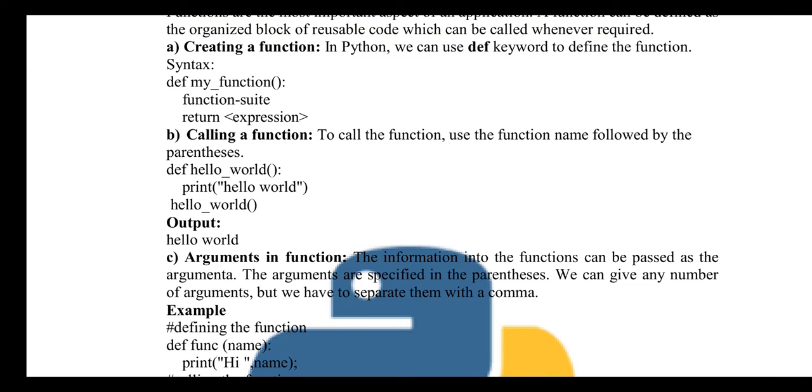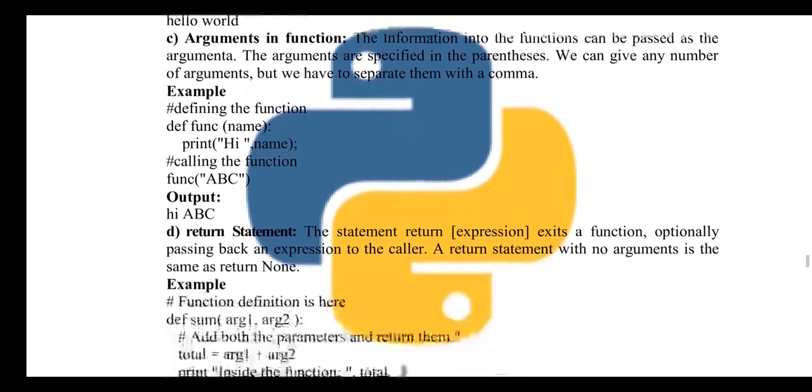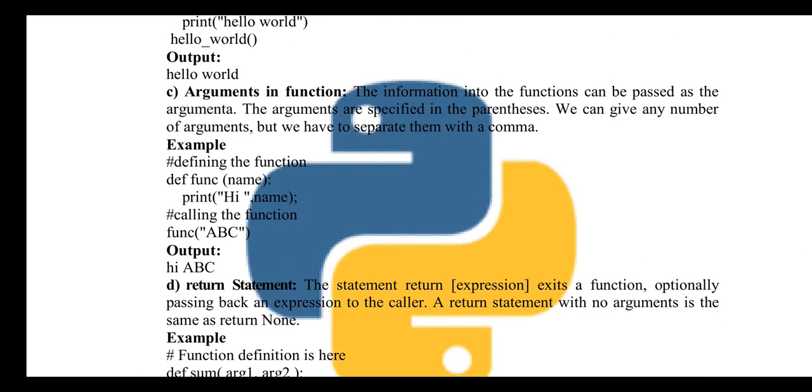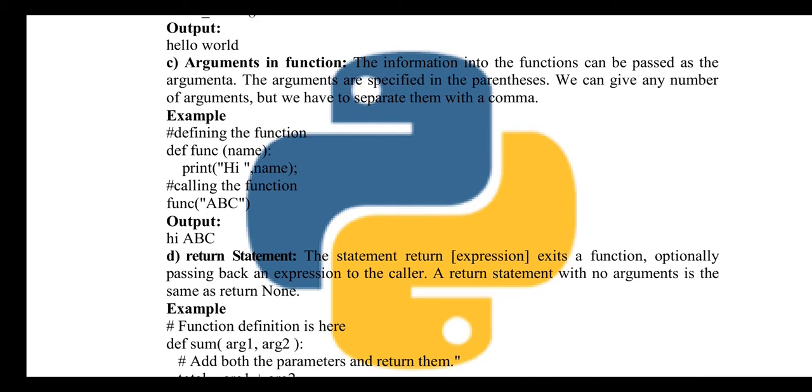Here we have created a hello world function, and we are calling it directly by its function name, hello world. So it's going to directly print the result. Next is a function with an argument. Here we can pass an argument. See this function: def function, and within the parenthesis I am passing an argument, name. In the function, it's going to print the parameter value, that is hi, and after that it's going to print the name of that particular argument.